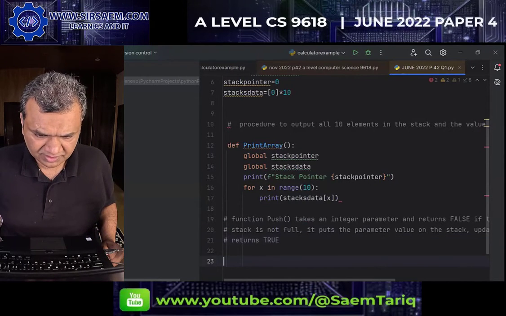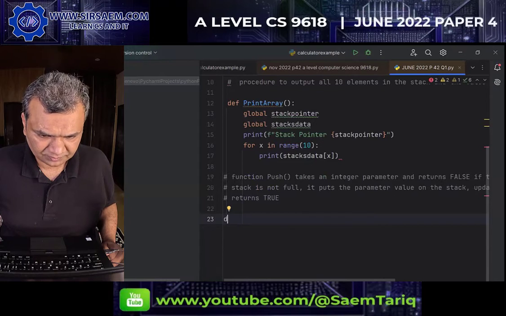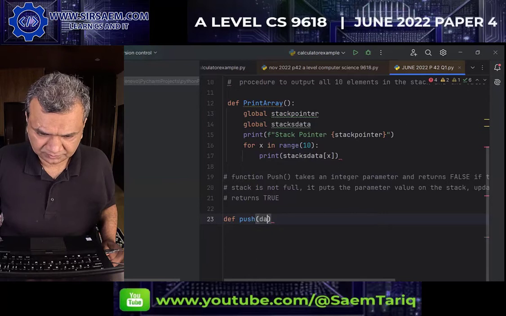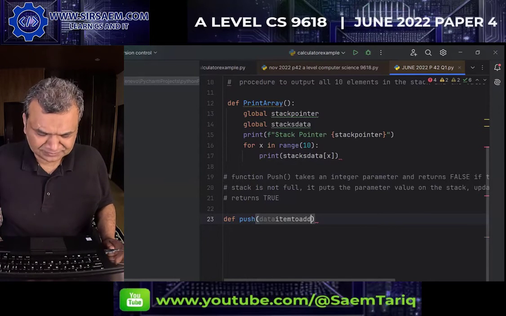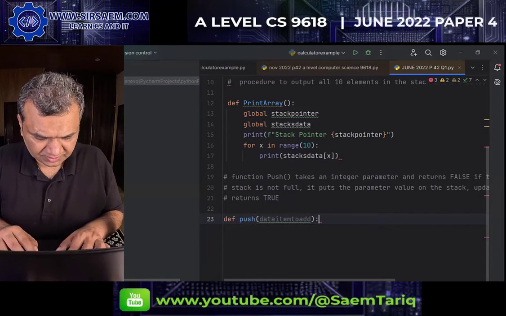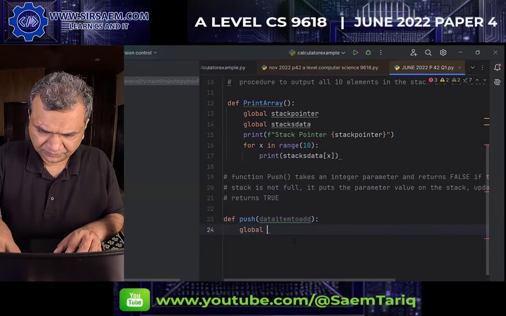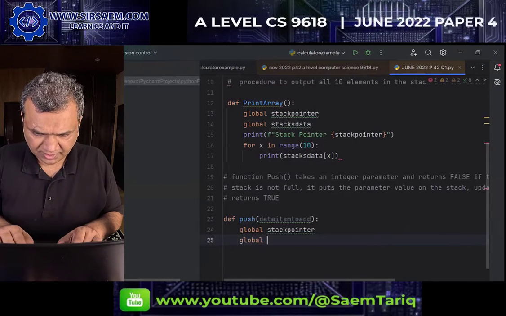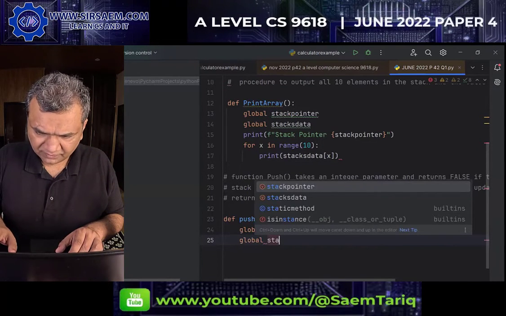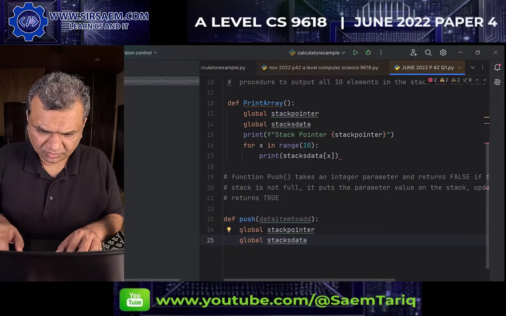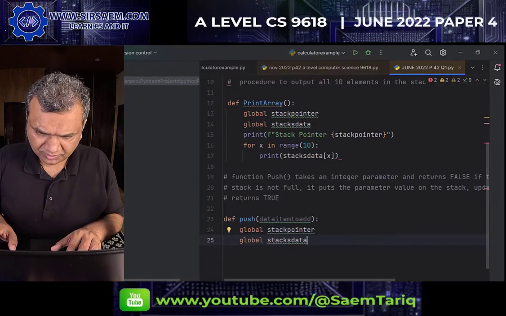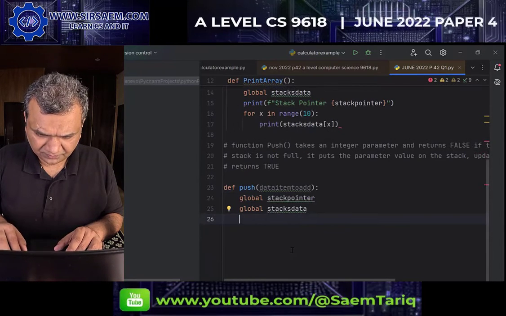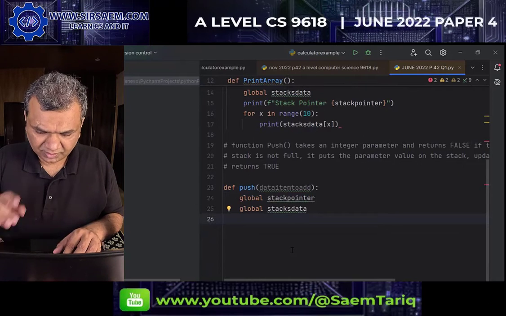Okay. So let's use over here push, and we'll have the data item to add, whatever item we have to add. Again, we'll have global stack pointer, global stack data. I'll explain the entire thing at the end. If you're watching all this, I'll explain it. So we are saying over here that